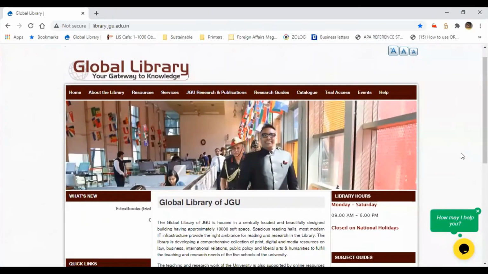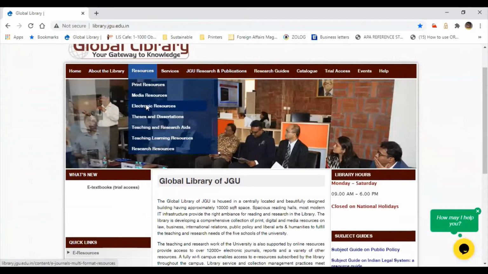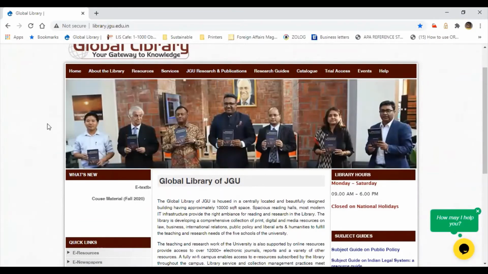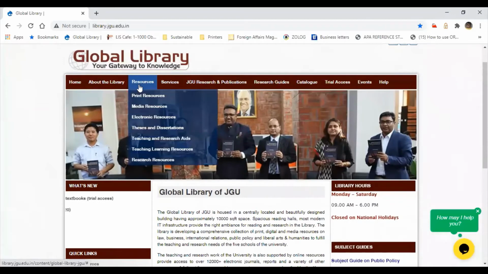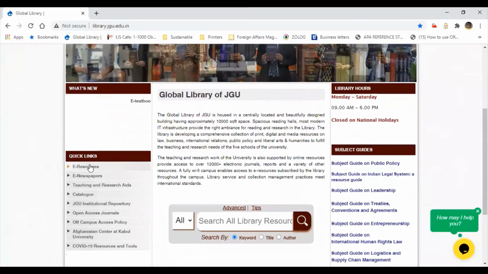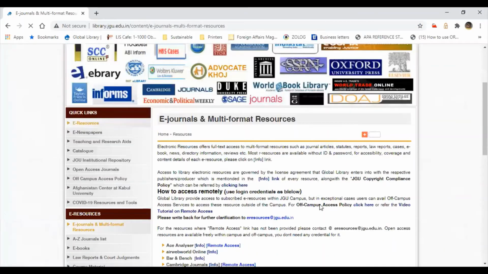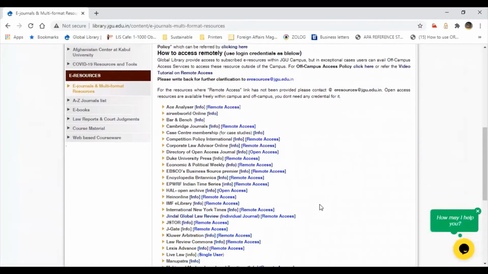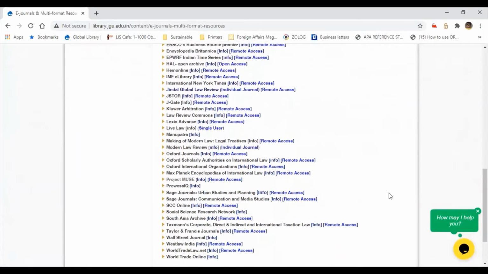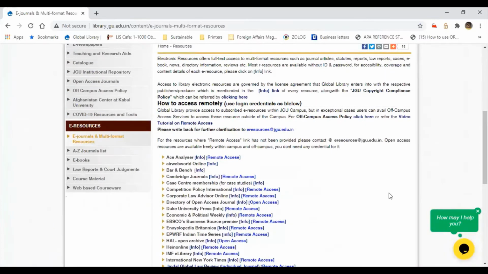As we have already discussed the resources, we have electronic resources which we are subscribing. You can go through the e-resource page, or in the quick links you can click on the e-resources. It will take you to the e-resource page. These are the resources we are subscribing right now. All are listed alphabetically. We are working on categorizing them subject-wise.